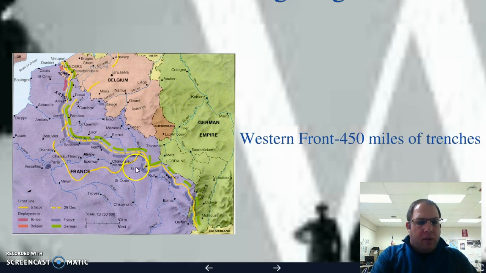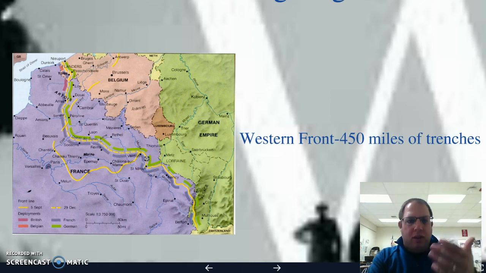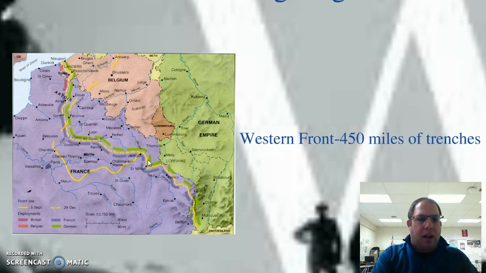All right. So the original front line, and here it is in September, where the Schlieffen Plan tries to go into work, is here. But if you notice, that line gets moved back by December 29th to what is the Western Front. From this point forward, you're not going to have a whole lot of movement between these two places. All right, and they're not going to move into Germany. They're not going to move into France, and a lot of people are going to die.